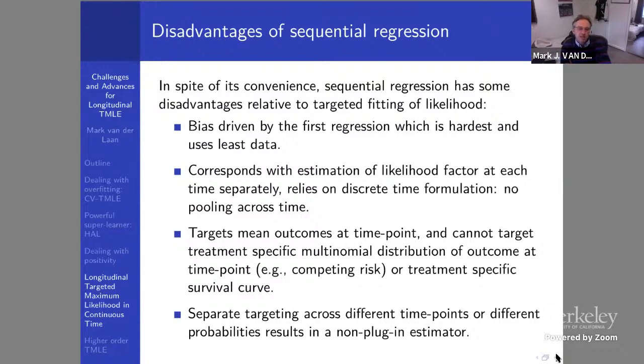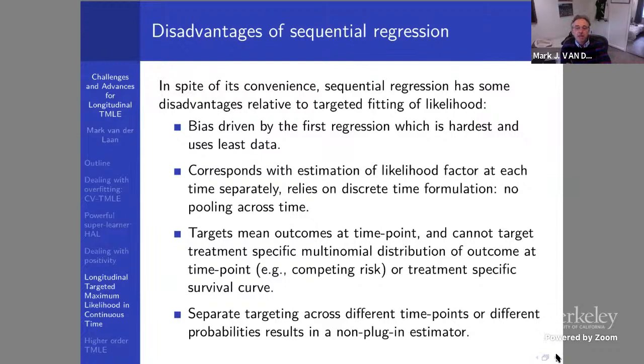So that means the regression which is actually the hardest, and therefore also the most biased and uses the least sample size, is actually determining how good the next regressions can be. Because if this one is not good, that carries over to the others. So in essence, it corresponds with estimation of a likelihood factor at each time separately. So that's another issue. It relies on a discrete time formulation. Because if you have all these factors of the likelihood over time, and you are estimating them separately at every time point,